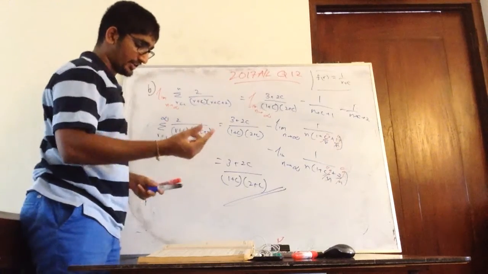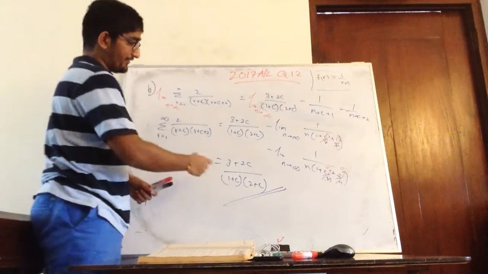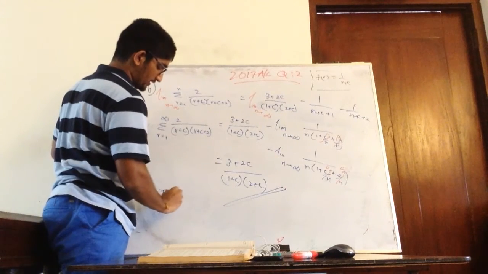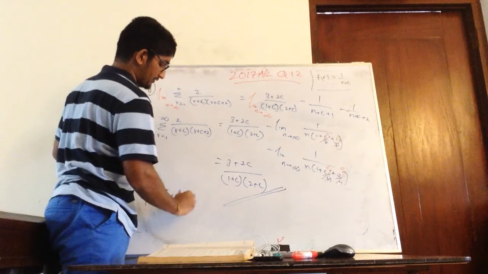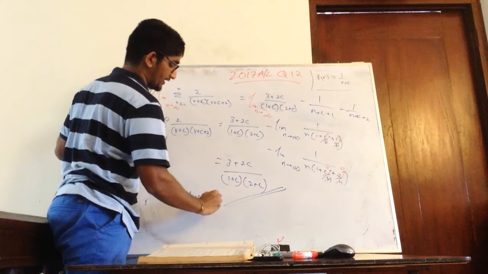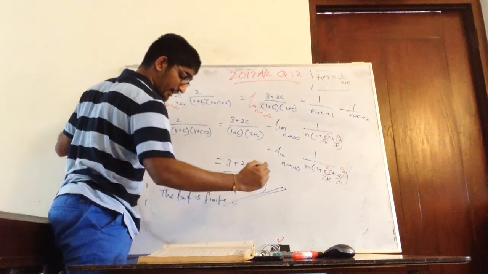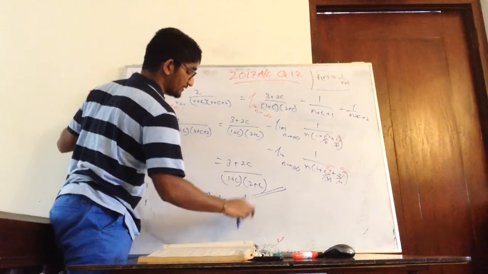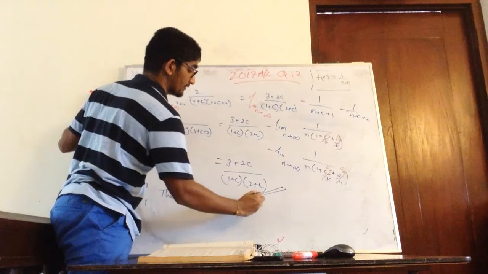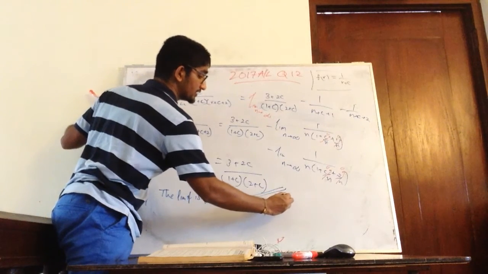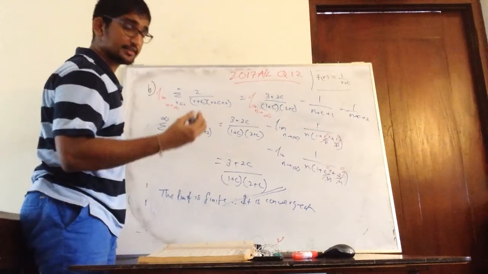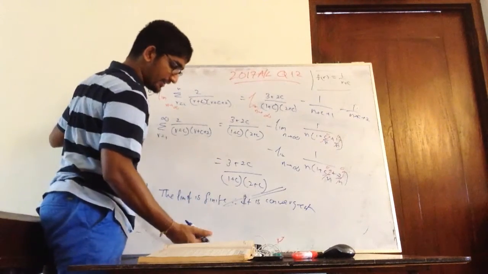So basically we can say that the limit is finite, therefore it is convergent. Right? Therefore it is convergent, and then the sum is